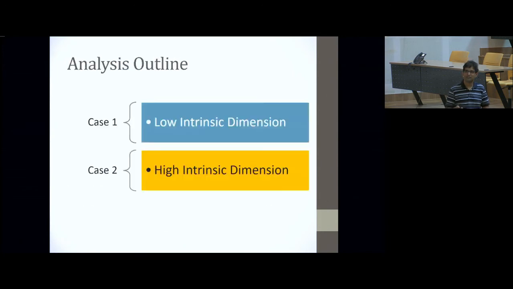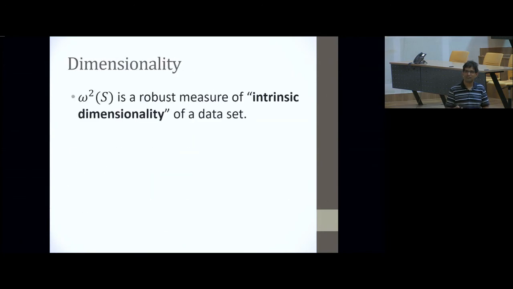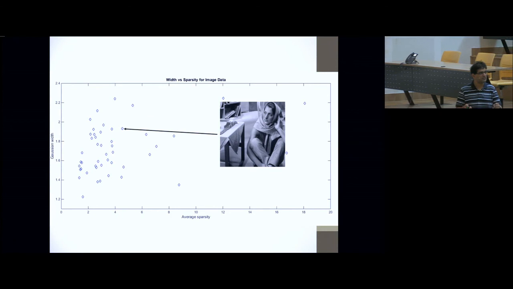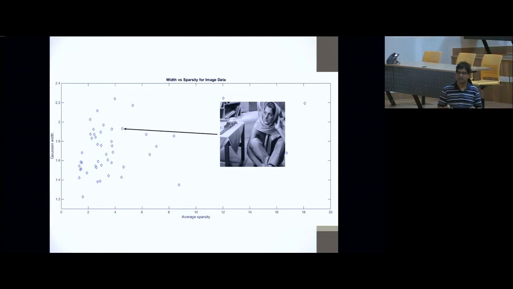Well, I mean, okay, so shouldn't probably take too much away from that. But the point is that we wanted to see whether for real images also, the Gaussian width captures the complexity of the image. And sparsity as recovered by sparse coding, I mean, the dictionary learning algorithm, sort of gives you the complexity of the image. And you do roughly see that the Gaussian width tracks that. That as the image becomes more complex, the Gaussian width increases.